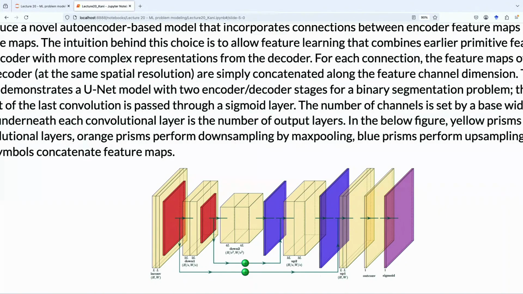And similarly here, we append the information from an early encoder layer to a later decoder layer, right? So this whole thing forms a shortcut for the early image information getting copied to the later decoder layers.